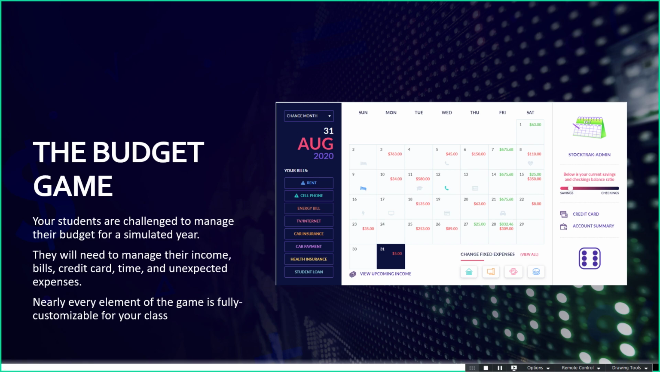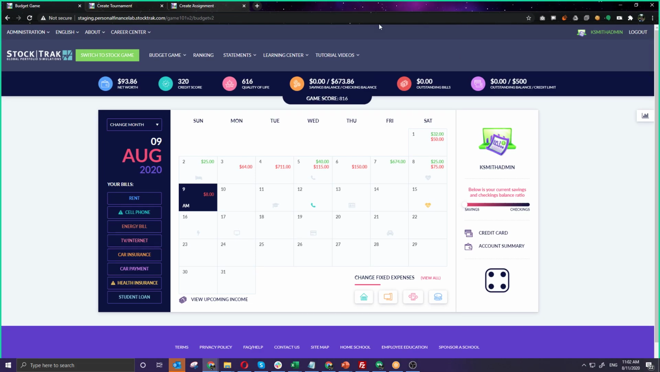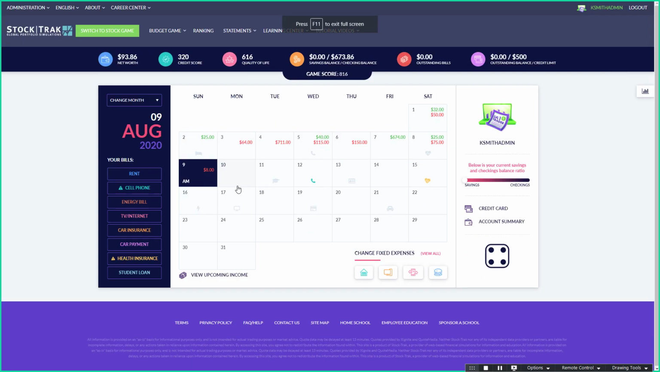Just to give you a little bit of an idea of how it actually works, this is the budget game itself. You can see here that the game board is a calendar. As the student progresses through time by rolling the dice, they have bills that come up that they need to pay. I have a bill reminder here that I have to pay, which is flashing. It's a cell phone bill. I have my health insurance bill, I have grocery bills, all kinds of bills come up through the game. And as I roll the dice to move forward,